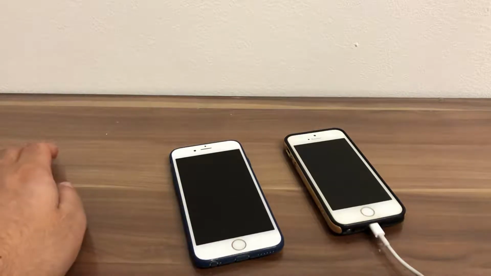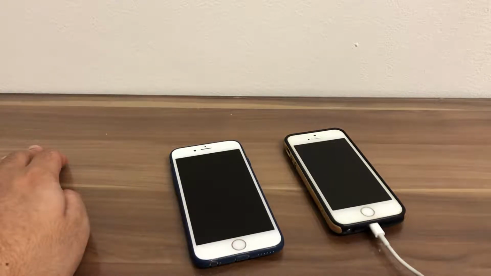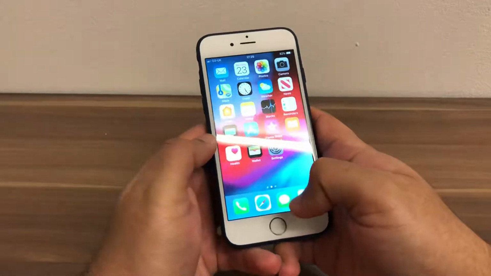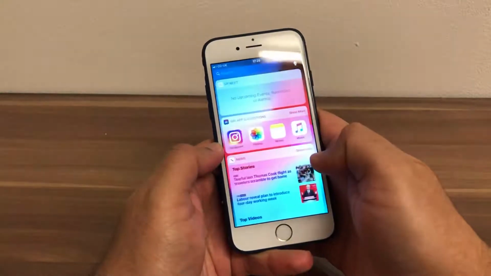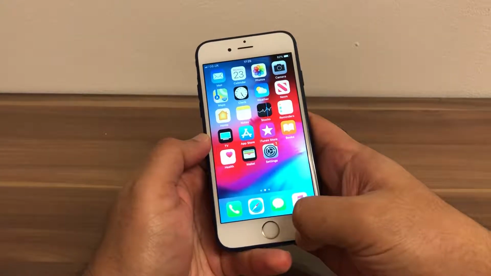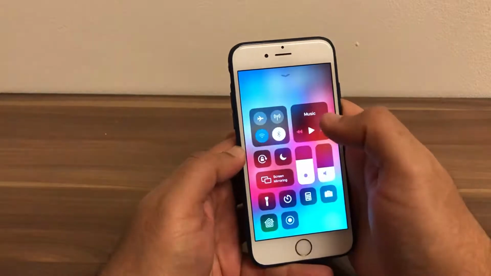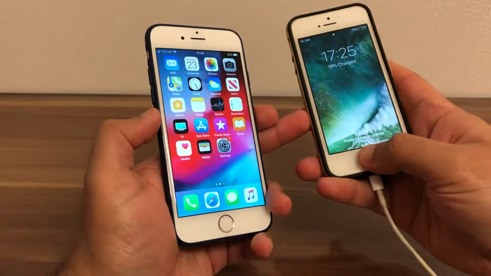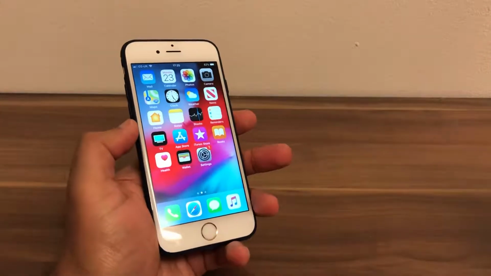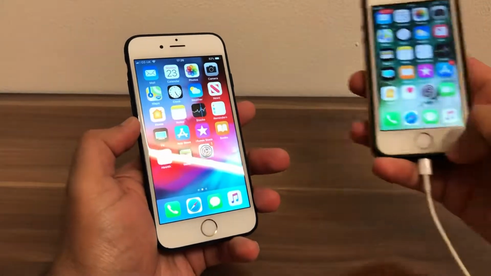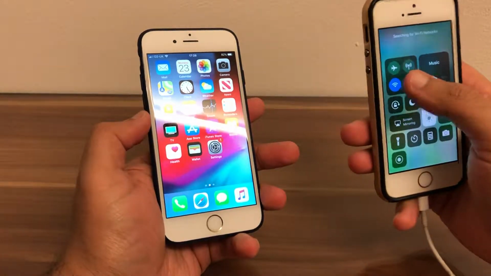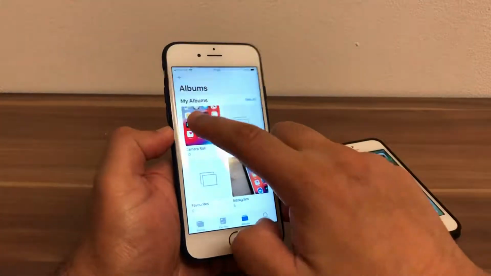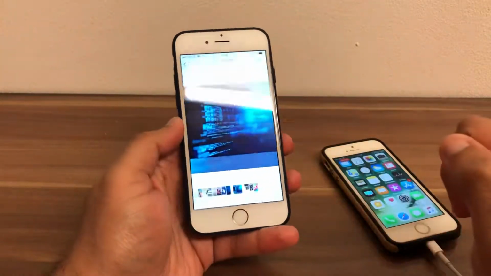So in this tutorial, you need to have access to two iPhones and one photo. So now we can go to the first iPhone, sign on to the account of your phone, swipe up, turn on Wi-Fi and Bluetooth. Go to the second iPhone, log into the account, use Touch ID or insert the password, swipe up, turn on Wi-Fi and Bluetooth. Go to the first iPhone, go to Photos, Camera Roll, select a photo,